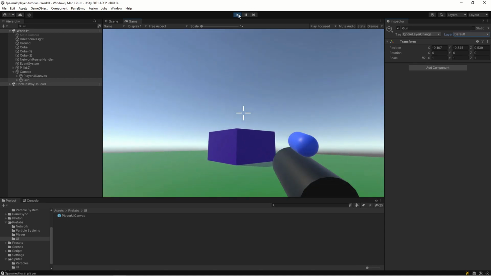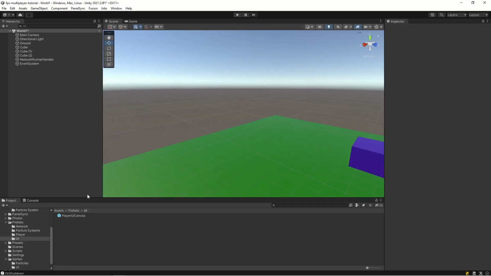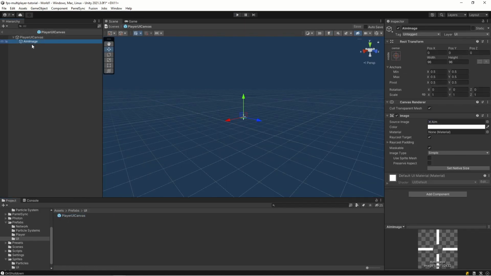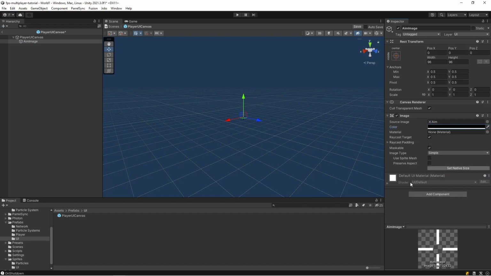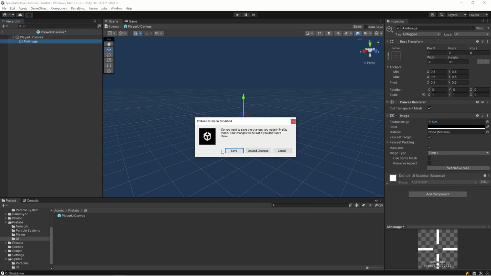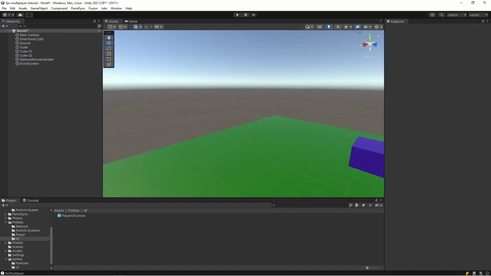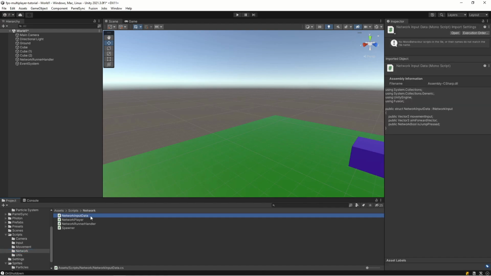So let's fix the color first of the aim. So we can just go in, change color, let's make it black so it becomes easier to see, and then we can save that. So now we can actually start building the firing mechanism. So let's go into our scripts, and we'll go into our network and open our network input data in Visual